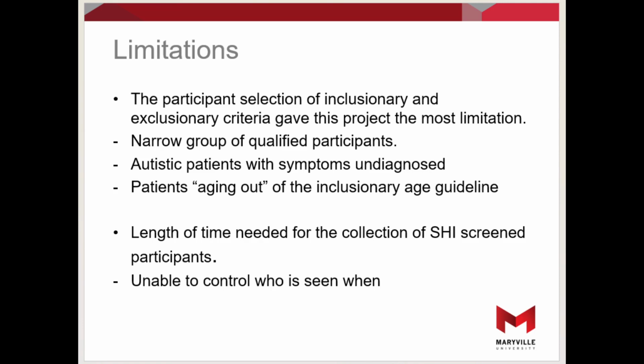The additional piece to the limitation included aging out of some of my inclusionary aged patients. Some of my patients were 17 and soon to be 18 within that following 6-month window of time between collecting data and analyzing it. The patient was turning 18 6 months later down the line. I would discard that participant's information because by the time I could use it, it would be too late. They would be 18.